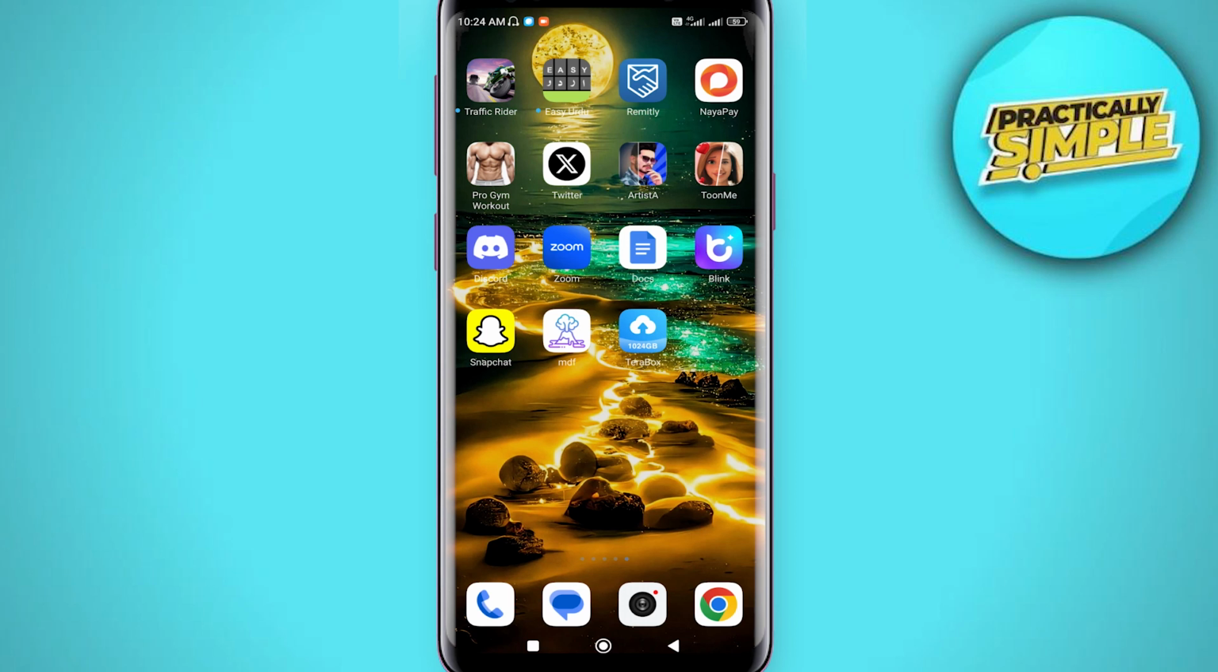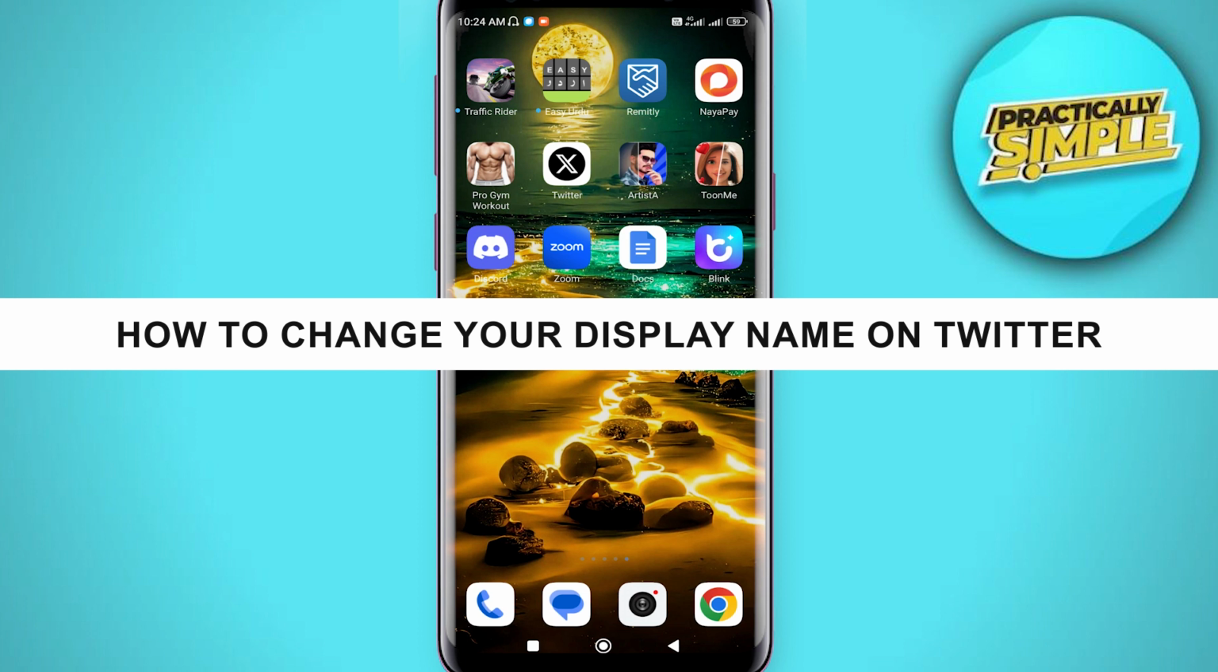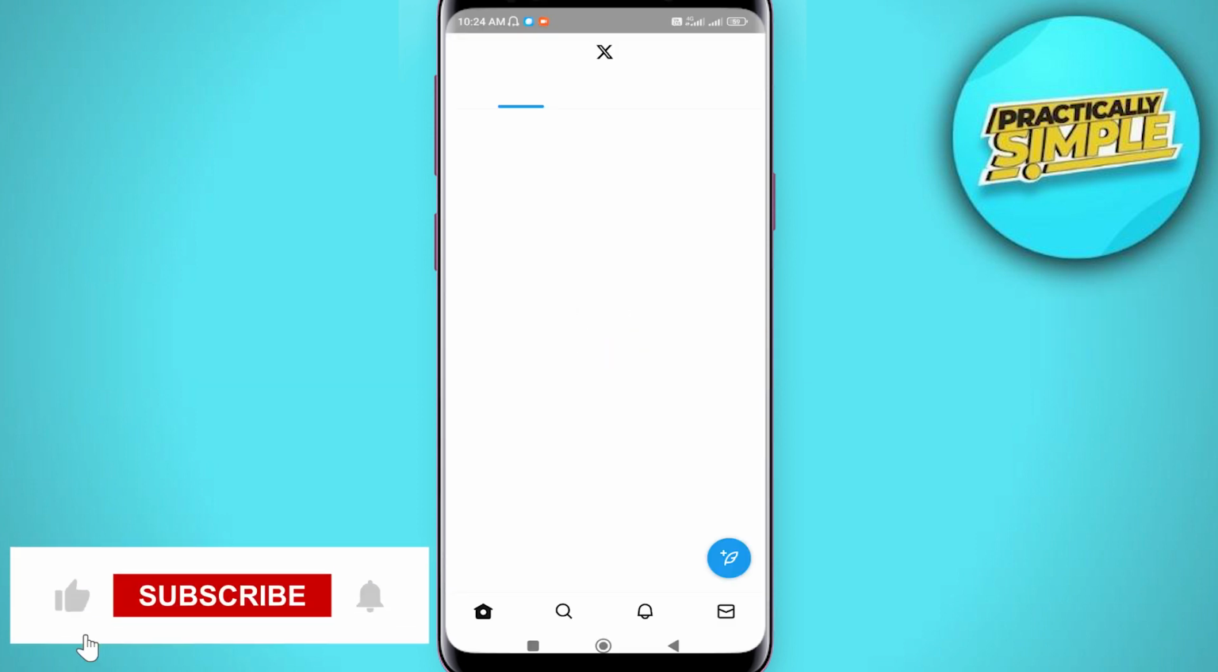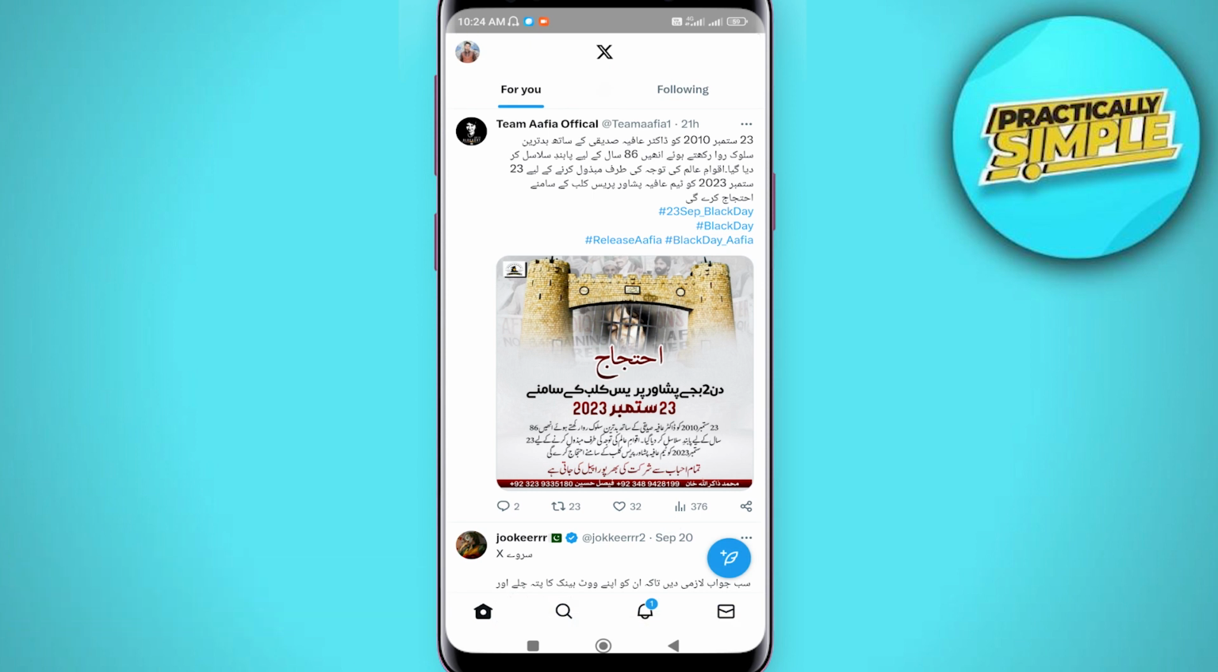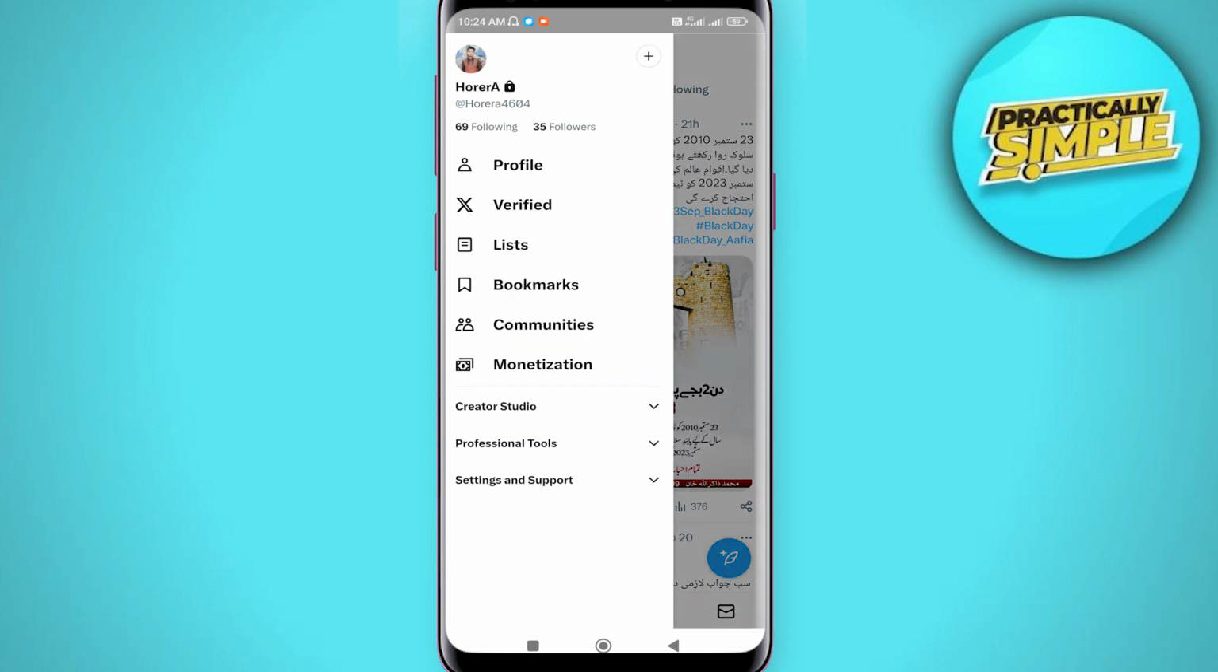In today's video, I'm going to show you how to change your display name on Twitter. So first of all, just open the Twitter application. After opening the Twitter application, just tap on your profile icon in the upper left corner and then you will see